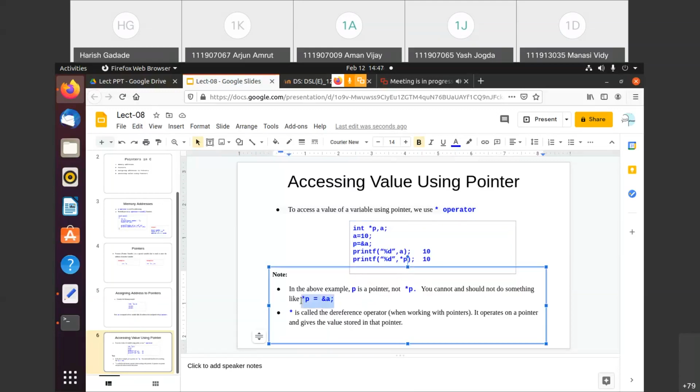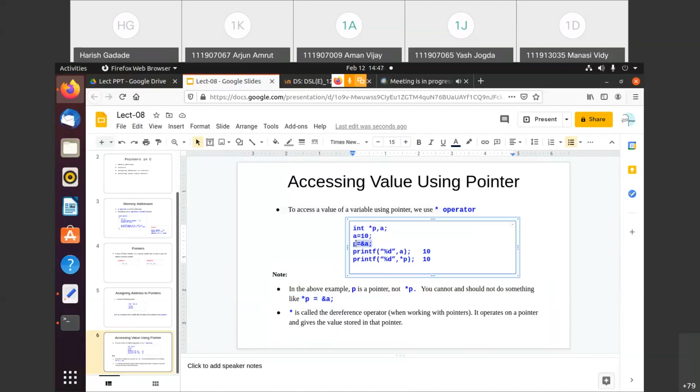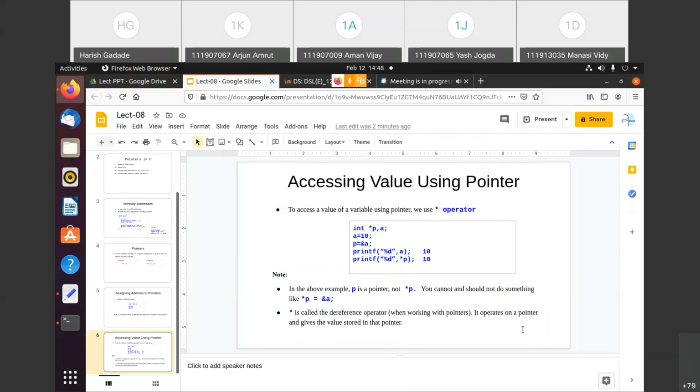This statement is not correct. Keep in your mind, because star p is pointing to that address. So we are storing this address of a simply into p. P is a variable. So this statement should not be there in our program. The statement should be like this: p equals to and a, right? And here star is called the dereference operator. Whenever we work with a pointer, it operates on the pointer and gives the value stored at that address.